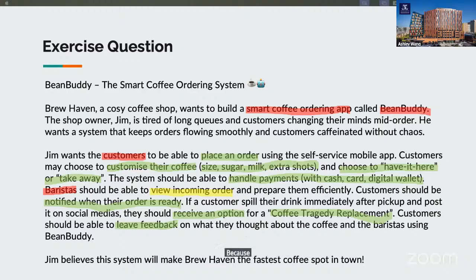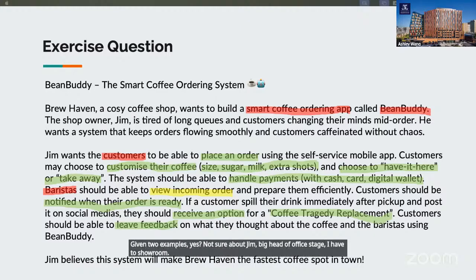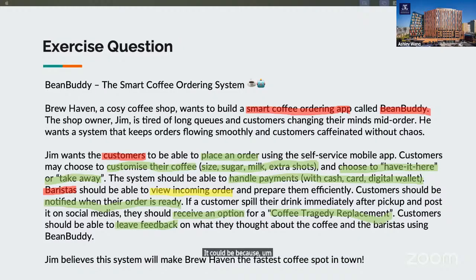Because the payment service provider directly interacts with your system, right? So the primary actor and the supporting actor directly interact with your system. However, the offstage actor doesn't interact with your system directly. So you need to be aware of that. Remember I've given two examples, yes? Would Jim be the offstage after the shop, right? Yeah, could be, because he's the client of the system. If he himself is not using the software, then yes, because he's considered a stakeholder. Good one. Perfect. Let's go to the next.